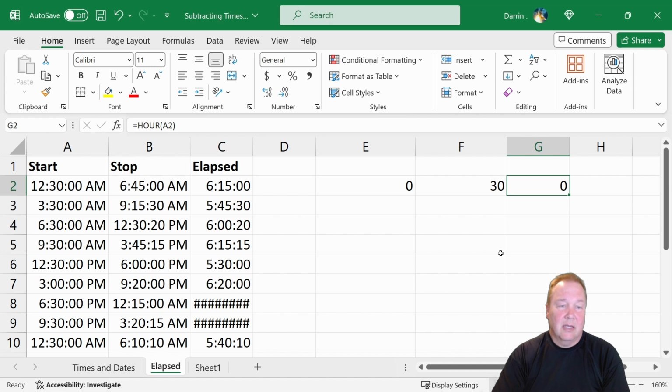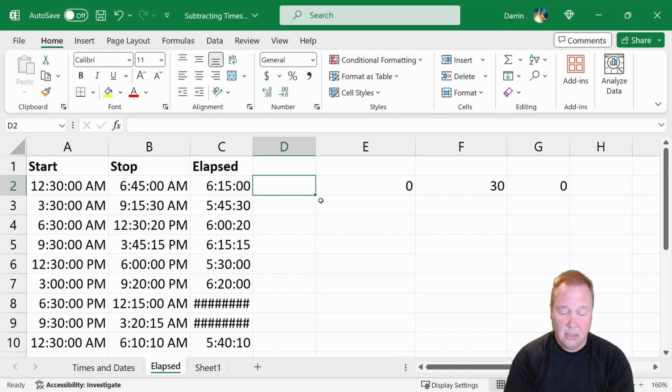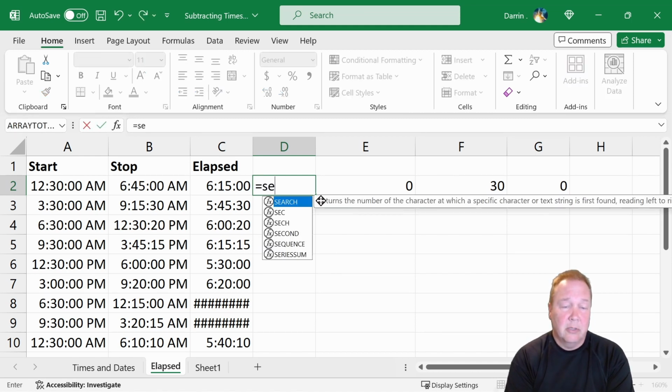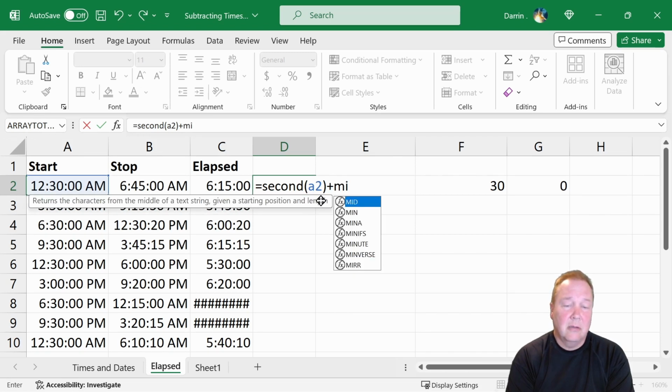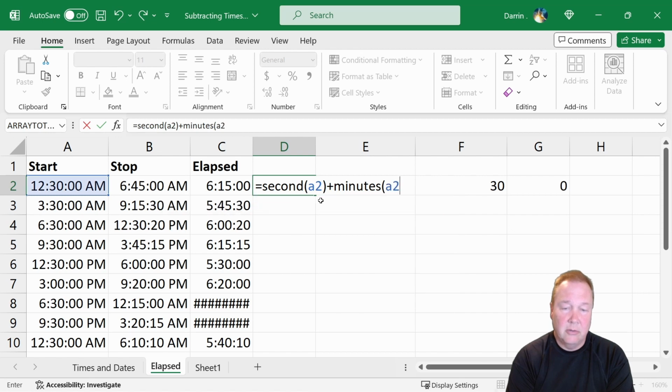Okay, so now I have seconds, minutes, and hours. Well, what can you do with those though? And the answer is that you need to sort of add everything together. So if I want A2 in seconds, it'd be seconds from midnight in this case. That's going to be equals second A2 plus, okay, now I need minutes, right? So minutes A2 times 60, because there's 60 seconds in a minute,